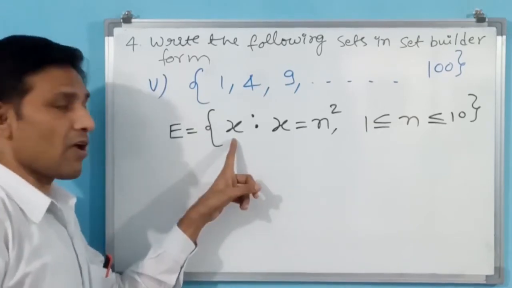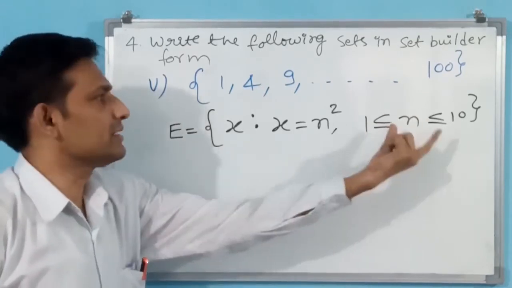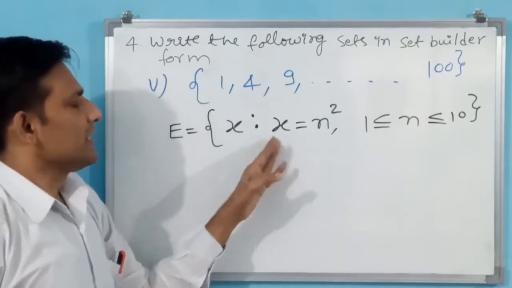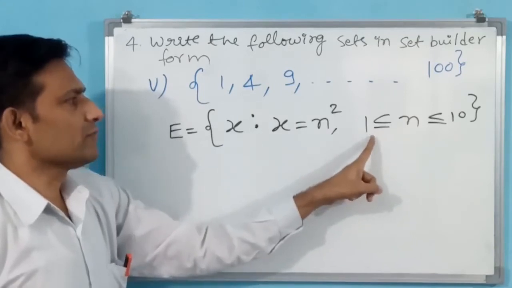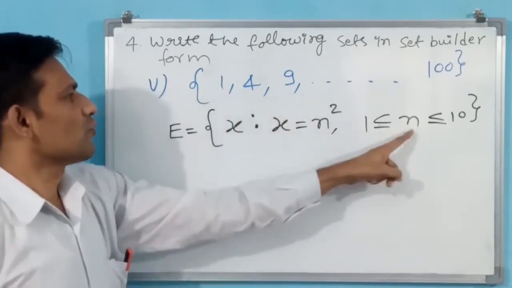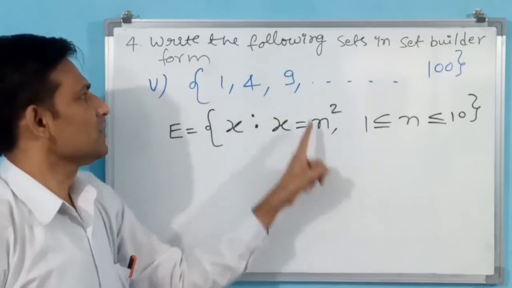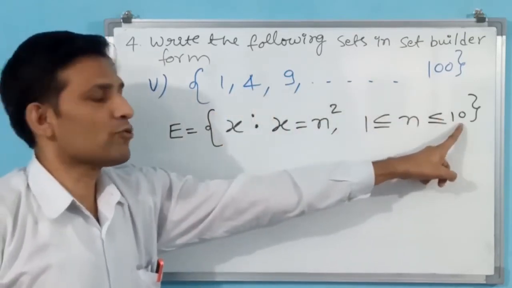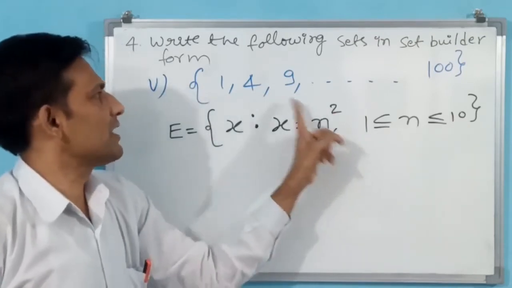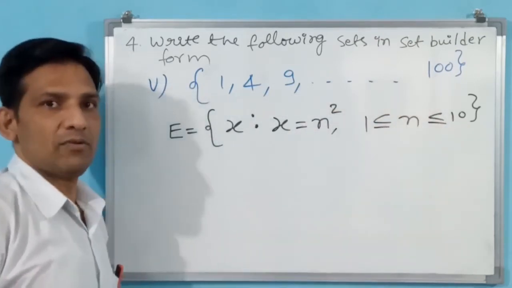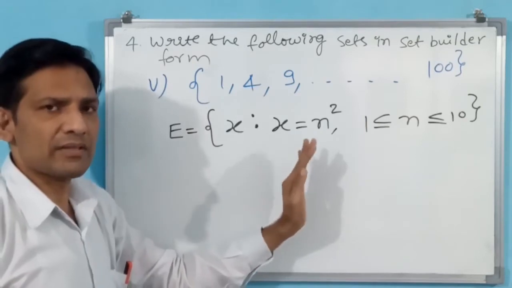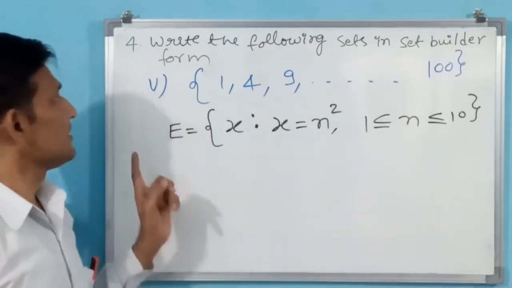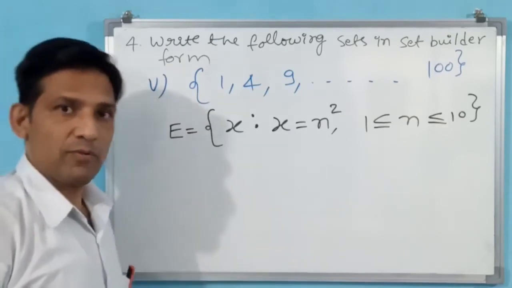Okay, see here, for all x, but you put some condition, automatically this condition overrides the statement. For all x is equal to n square, if you put n as 1 you get 1 square, 1; 2 square, 4; 3 square, 9. Like that x values are going to come, but you can go up to 10 only. 10 square is 100. We have not written any even number or something like that. Simply we have written n. This is the fifth part of your fourth question.